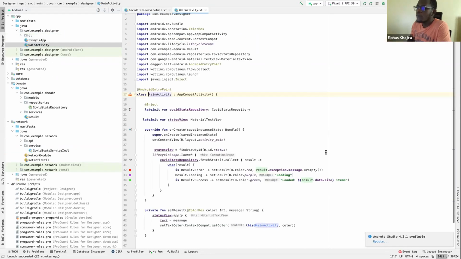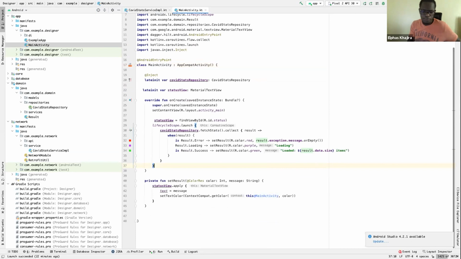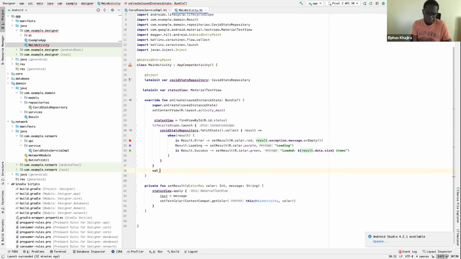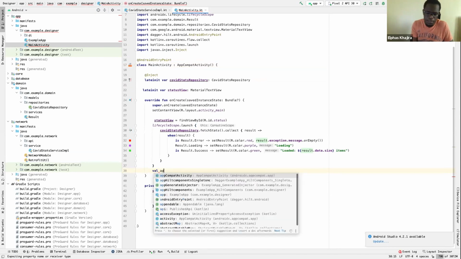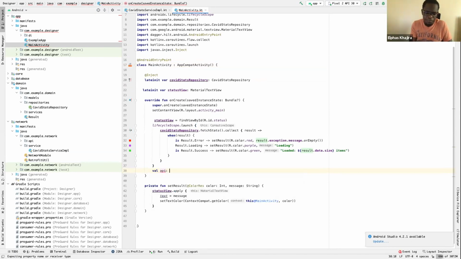So you don't want someone here to be able to do something like val service or API. I think API is still open. COVID. So, yeah.